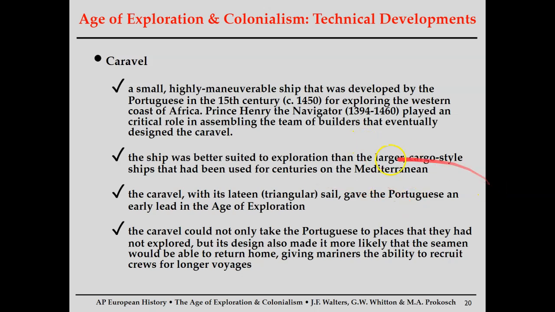Additionally, these caravels are going to really be focused on cargo more than, let's say, massive cannons to destroy everything. There will be cannons on a lot of them, but it's really about cargo, which shows what's a major motivation of exploration. It is all about the money. They want the resources.